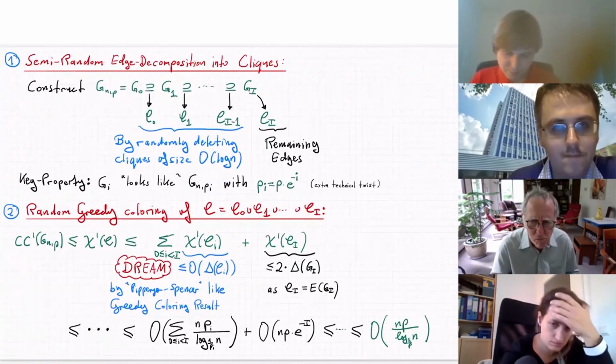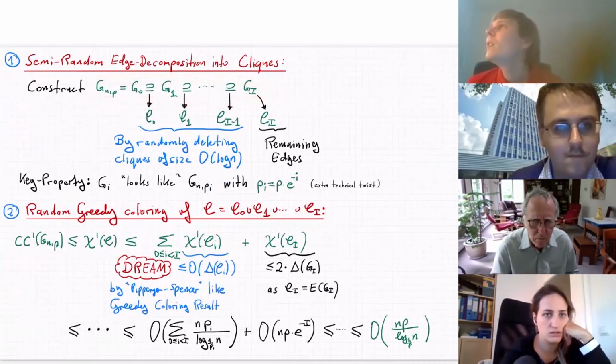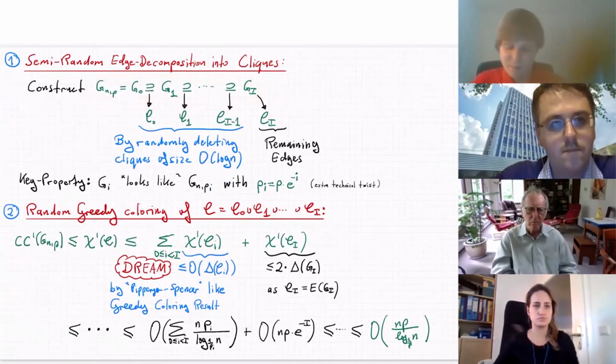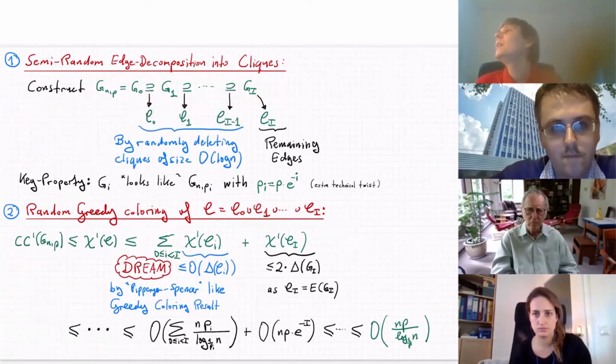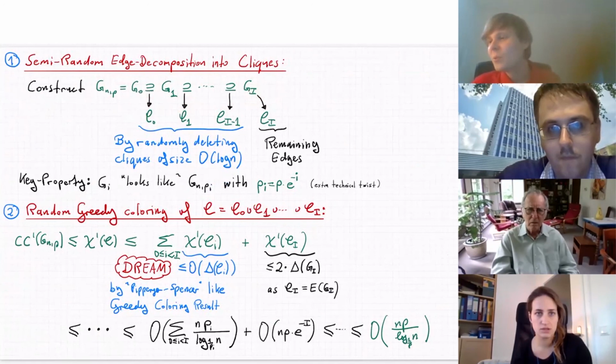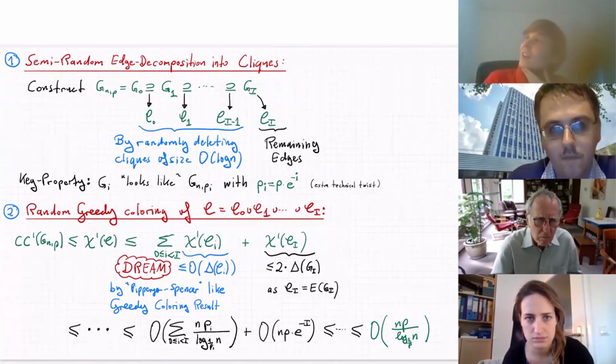So in this construction, let's see. We use some cliques of size initially, instead of 2 log n to base 2, something like maybe 1/20 times log to the base 2 of n. But this 1/20 you can improve, but our proof breaks down for technical reasons. I think you cannot use cliques of size larger than maybe 1 minus epsilon or 1/2 times log n, something like that. The reason is that otherwise I don't know how to